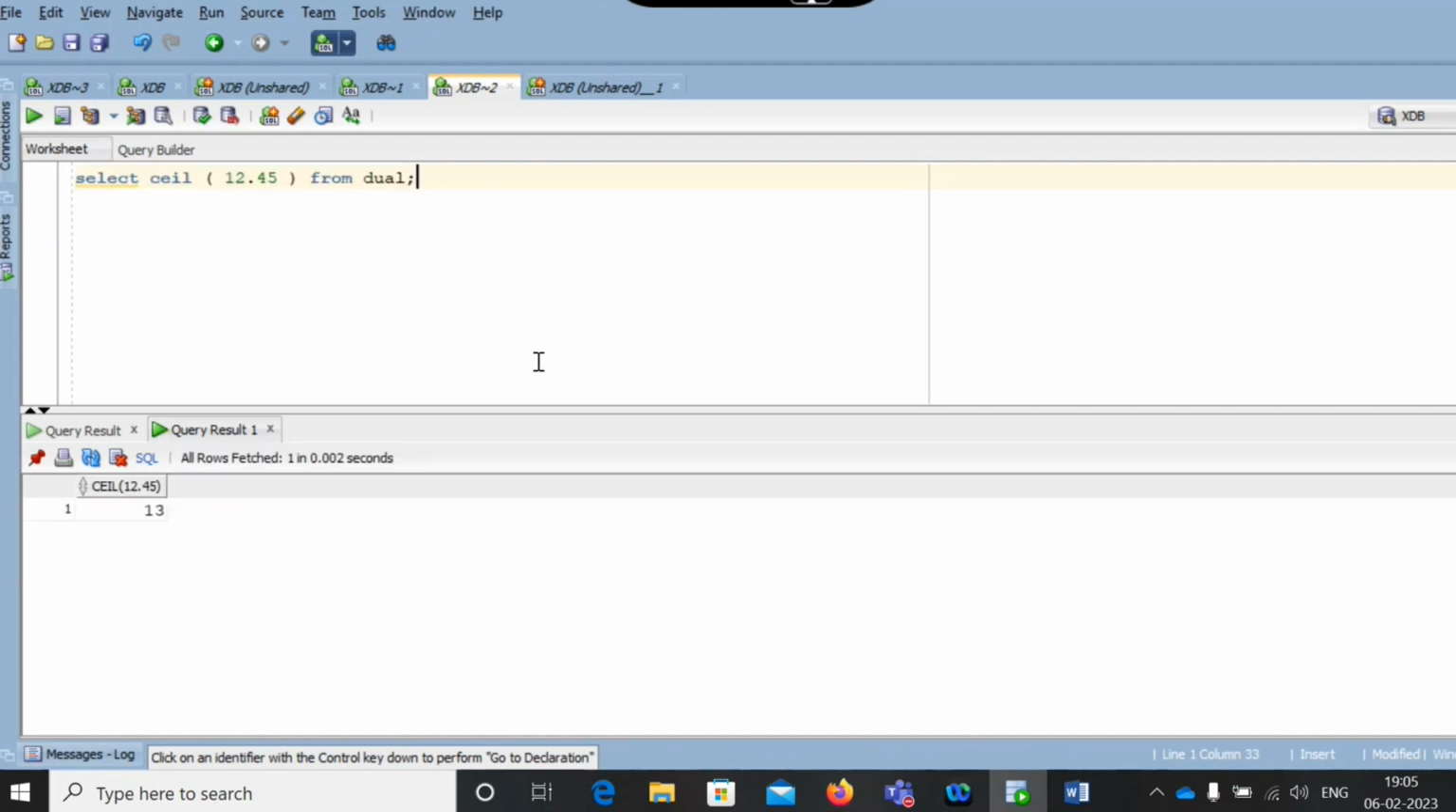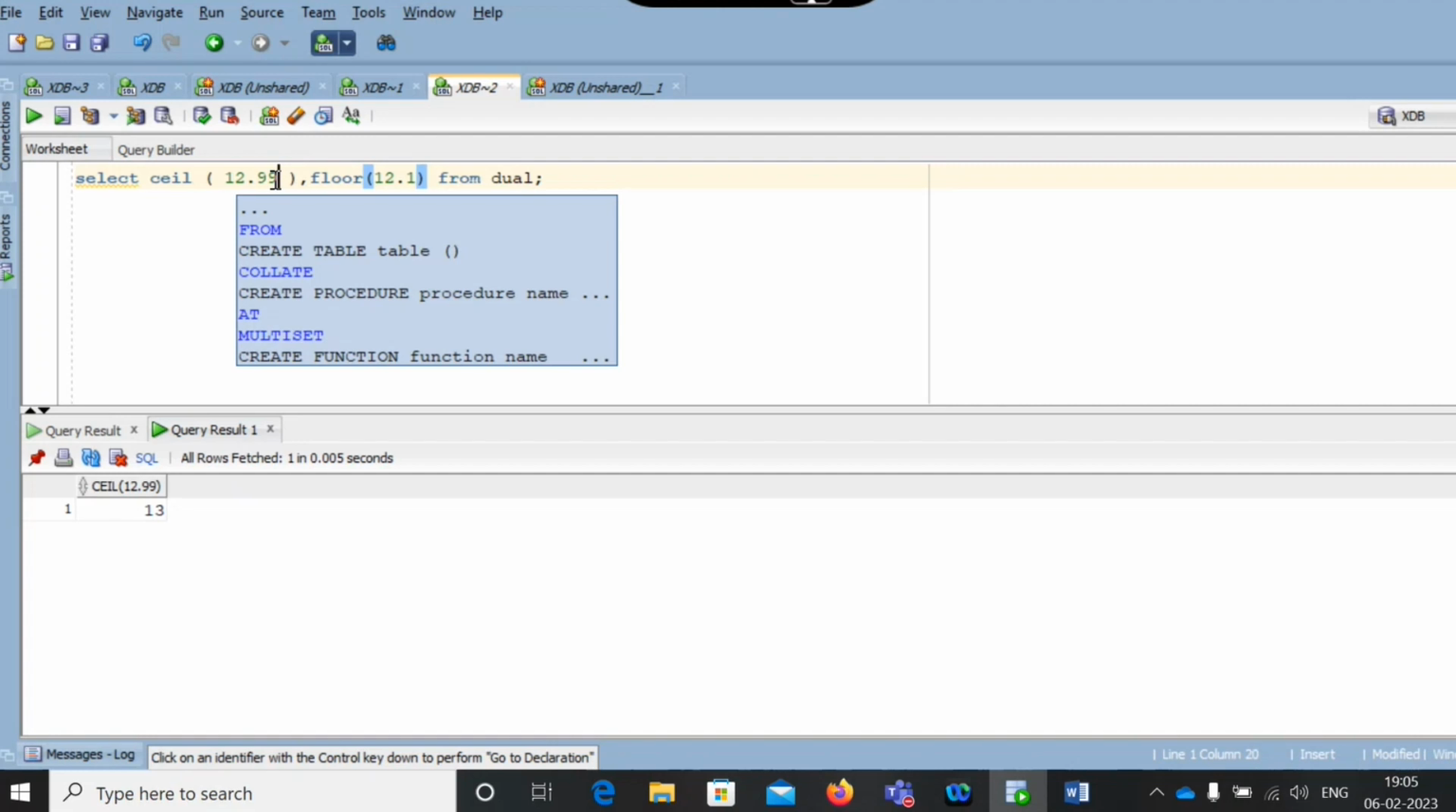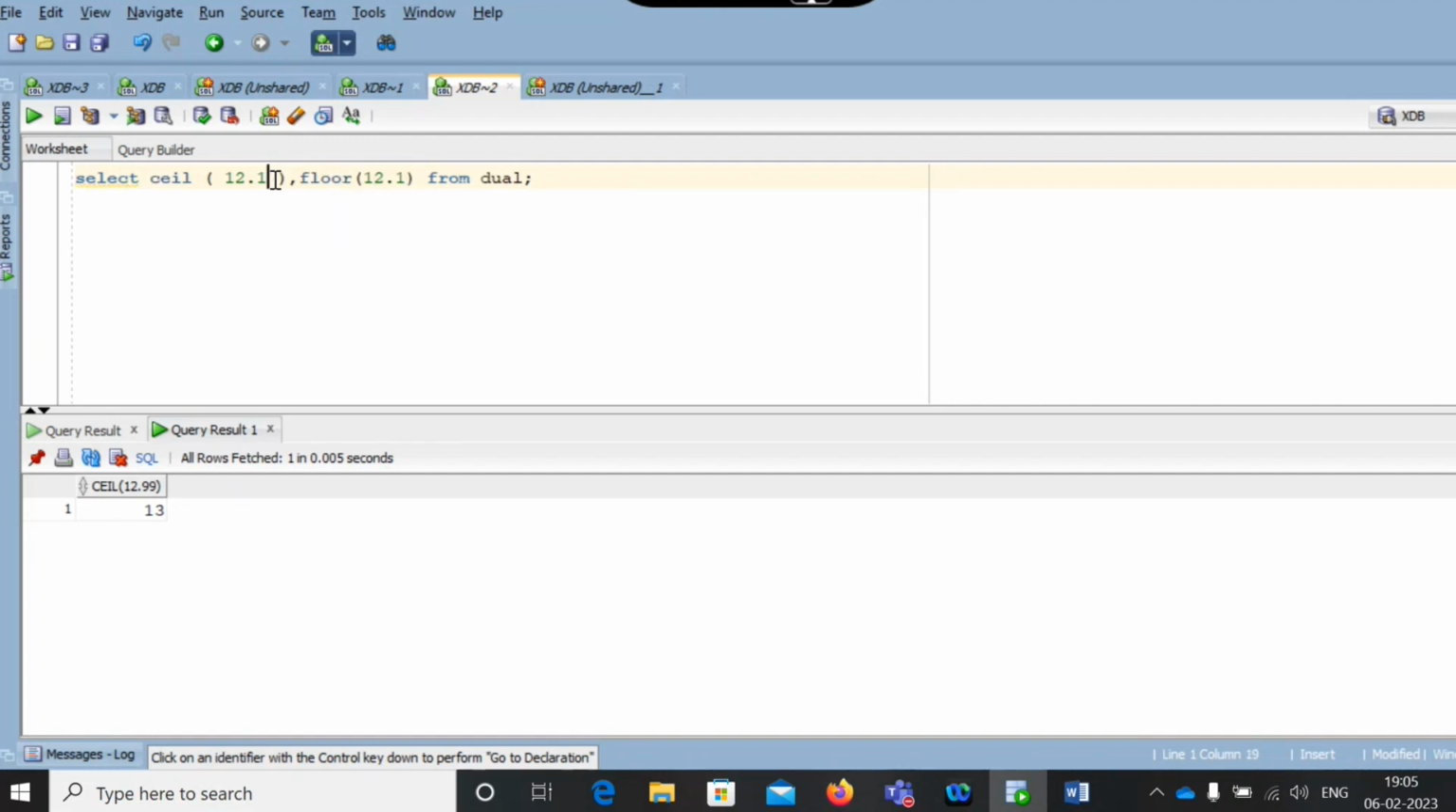Okay, 12.45. It is giving the next nearest integer value. See, 12.1 gives 13, 12.99 gives 13. Okay, so you can take floor also. Floor of 12.1 gives 12 only, right? Okay, if I use